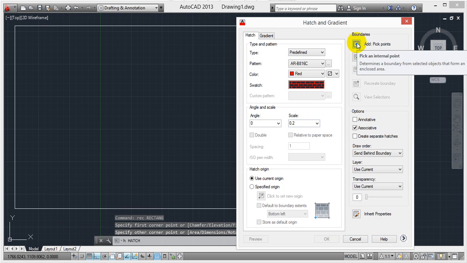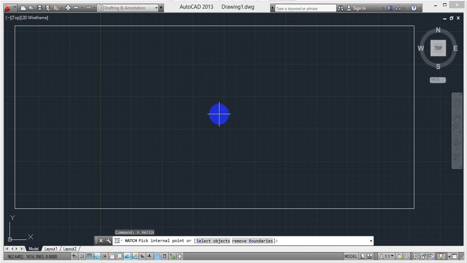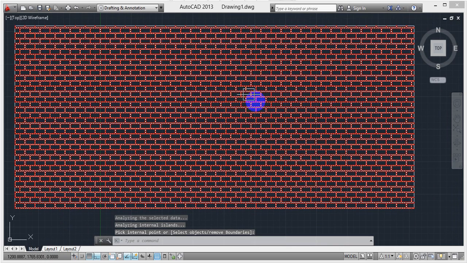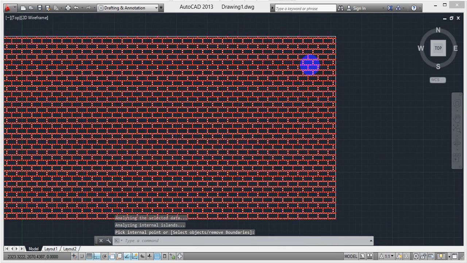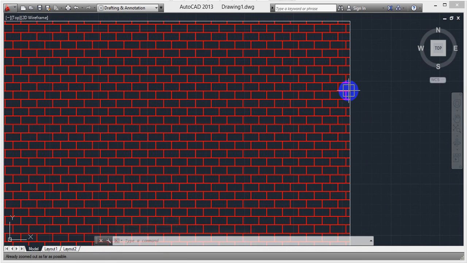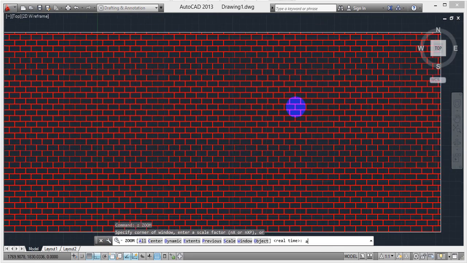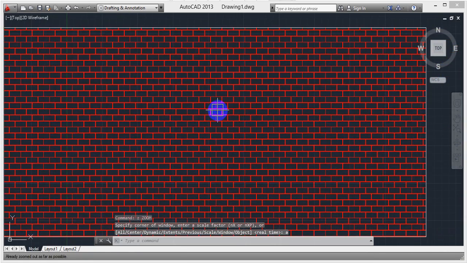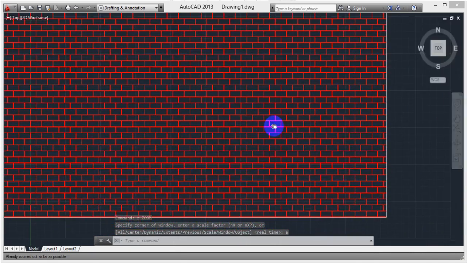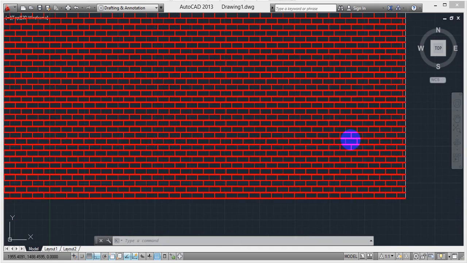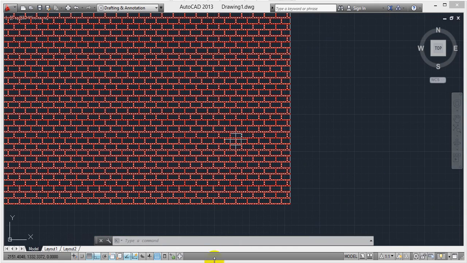Now select this area. See, we can see the bricks clearly here. This is hatching.